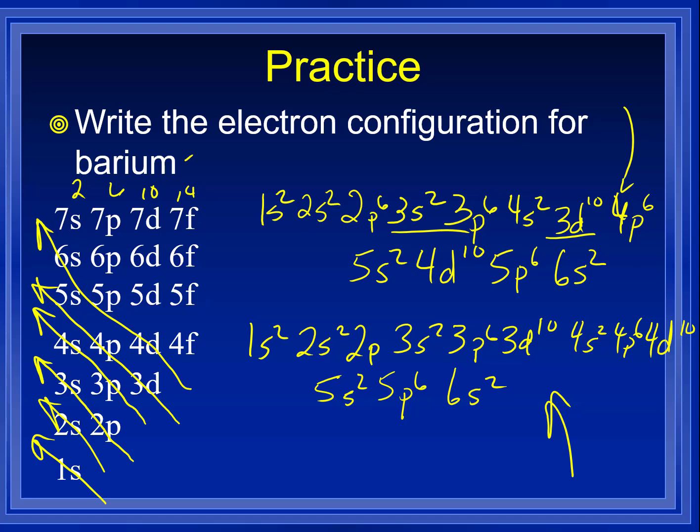Where it's going to mess you up is if you see 6s, you need to go back and see what's happening with the 5d. Is there a 5d there? Because the 5d may not be full. Okay with that? Okay, so